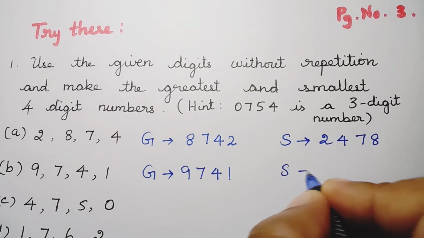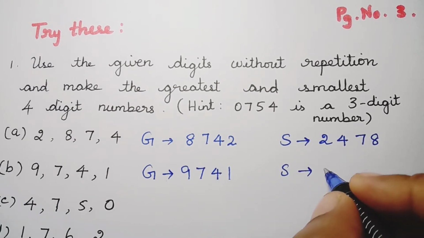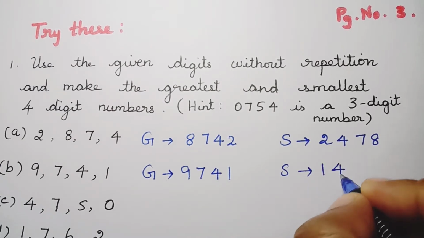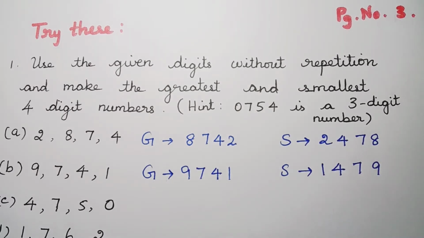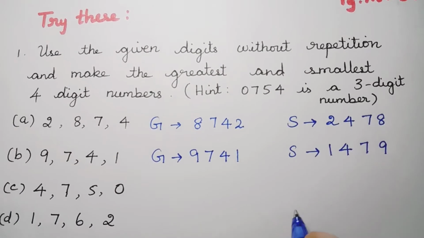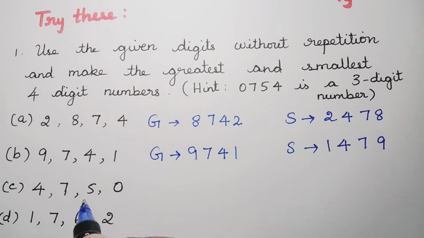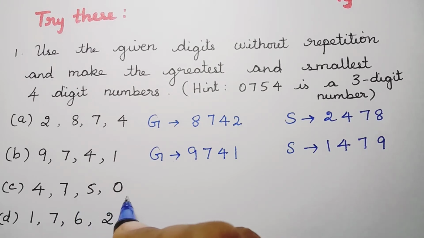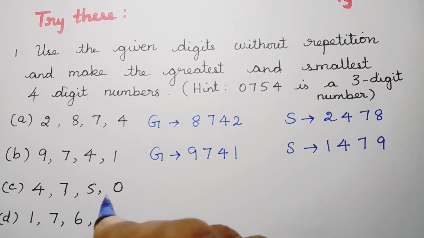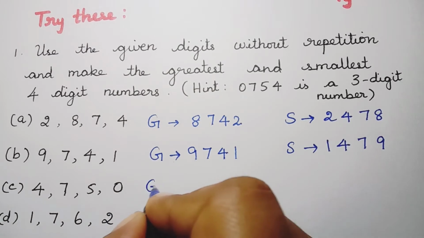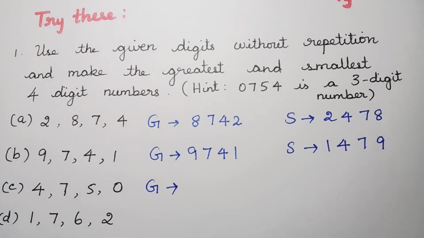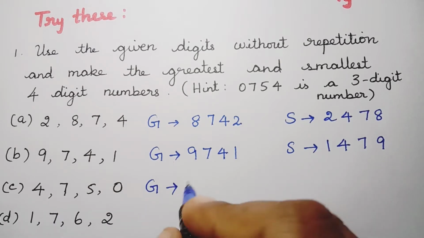Okay, the smallest number will be, write it in the increasing order. So 1479. Okay, so the next question, 4750. When you have 0 in your digit, to find the greatest number there will not be any issue. You have to just write it in the descending order, because